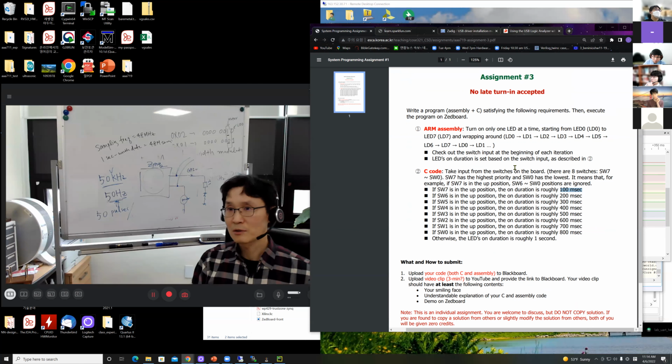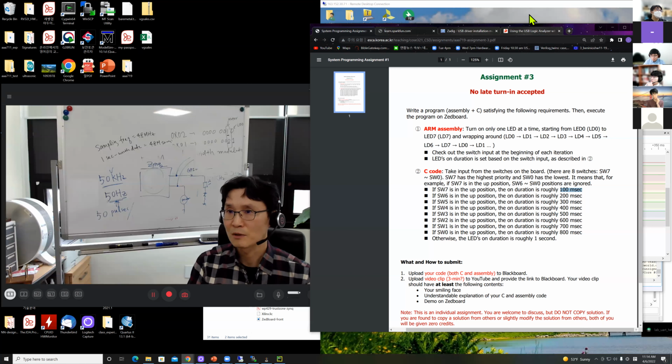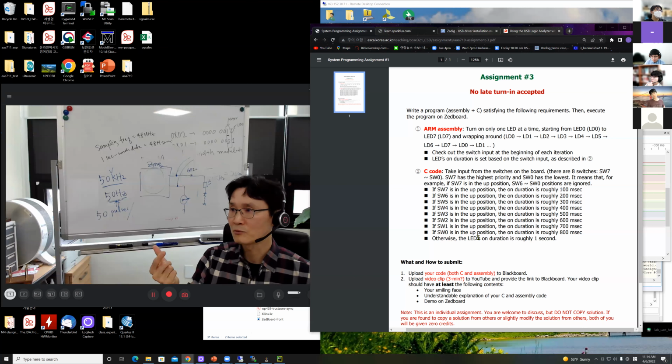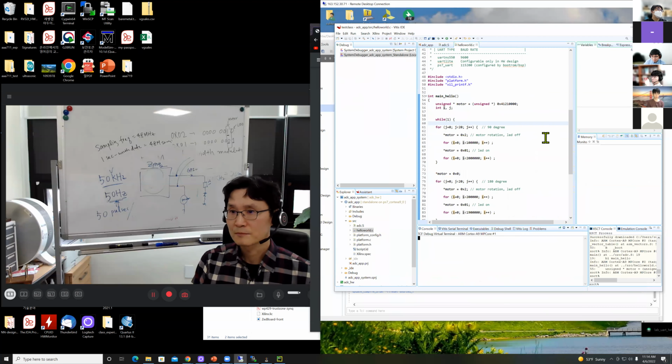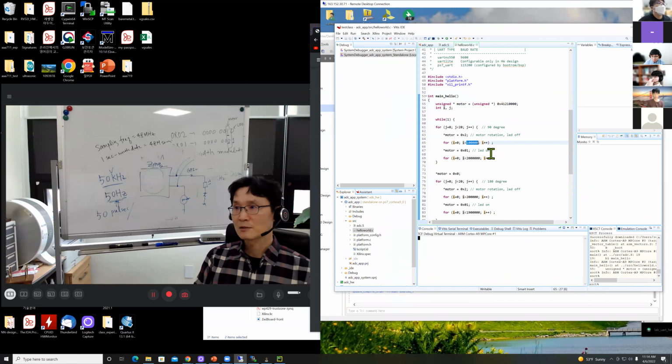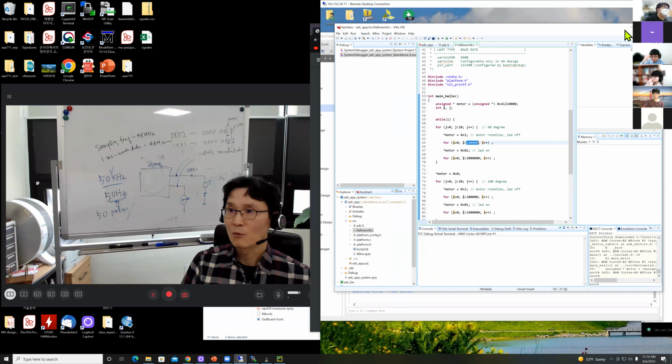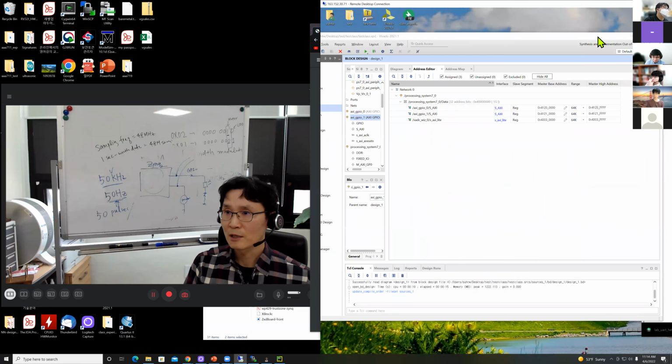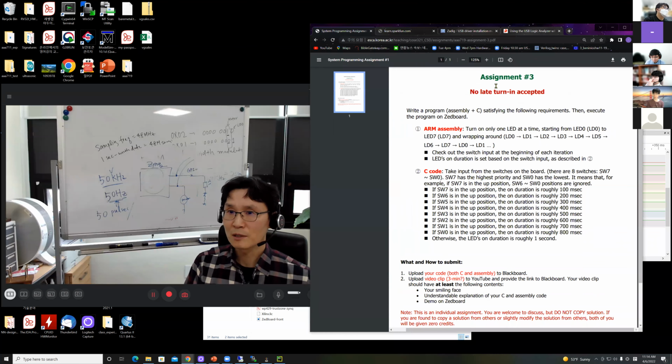So the one I did for this motor control. Then the question is, how do you determine the loop count? How did you determine the loop count? There is a question, right? So, trial and error. But one thing you can think about is probably